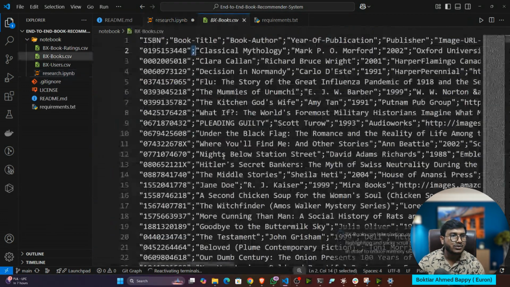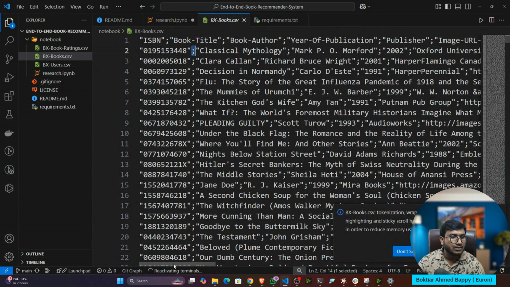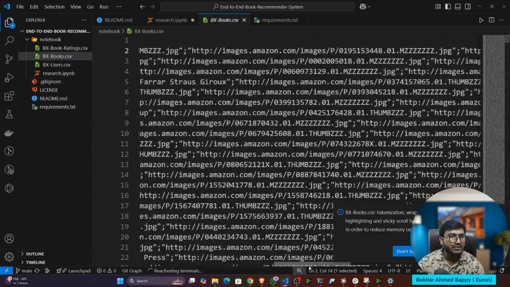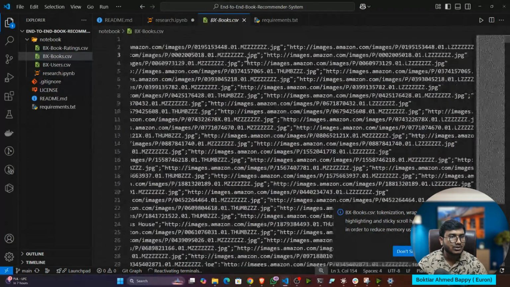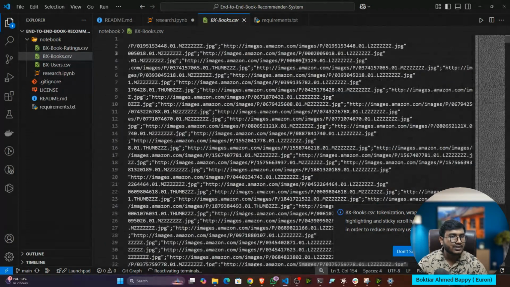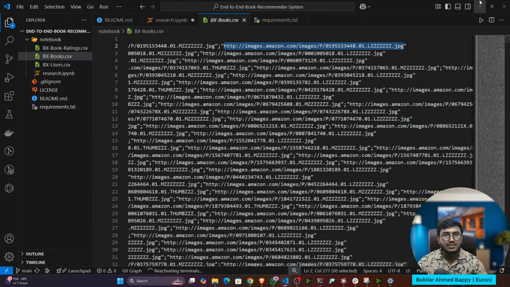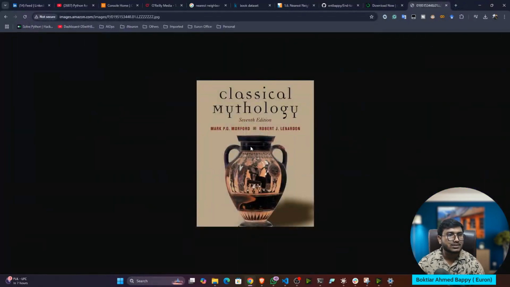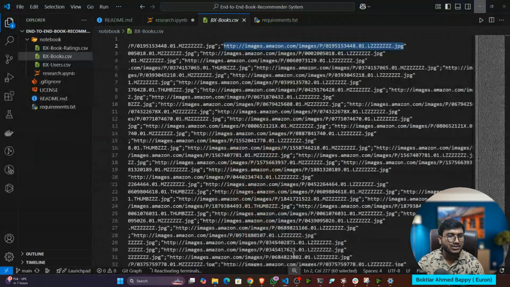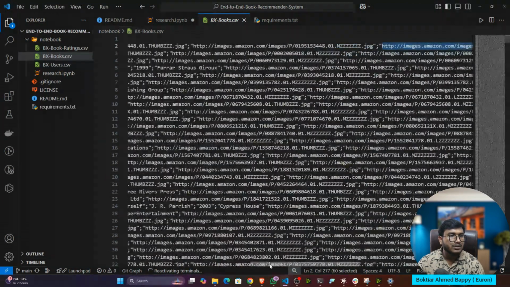Got it? So let me show you what I'm trying to say. Let's say this is my CSV file. It has different URLs. If I zoom out, it has three URLs, you can see. Let's say I copy the last one. This is the large image URL. This is the book cover page URL. And it also has the smallest one.